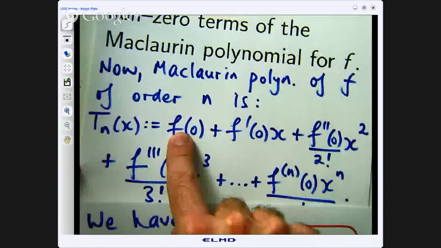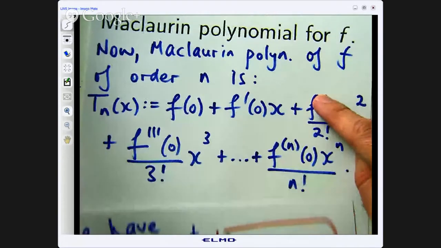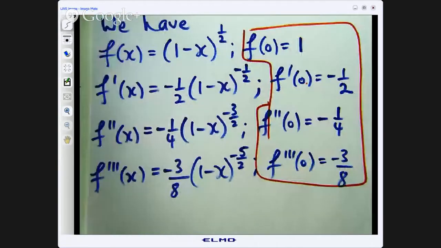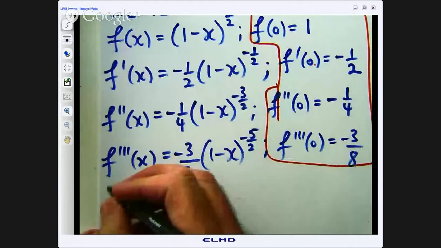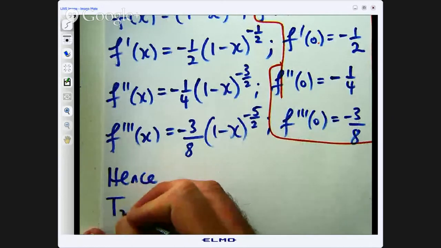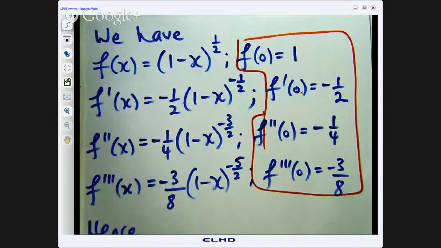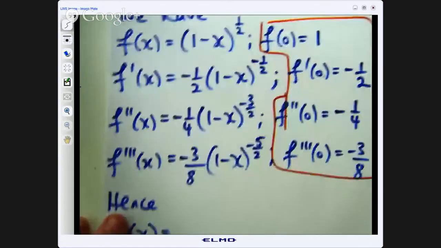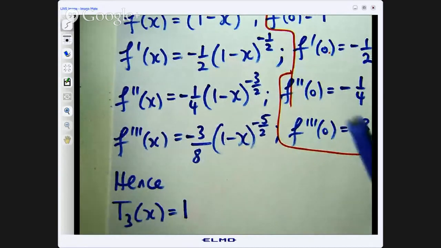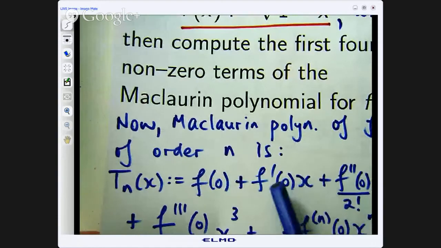All right, so let's go back to our representation. That's going to be 1. This coefficient's going to be -1/2. This one here will be -1/4. And you just continue that on. All right, so we want t sub 3 in this case. All right, so let's have a look. It's f of 0, which is 1, plus f prime of 0 times x, so that's -1/2, so it'll be